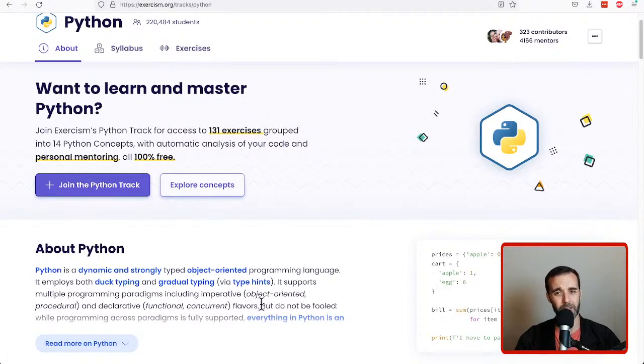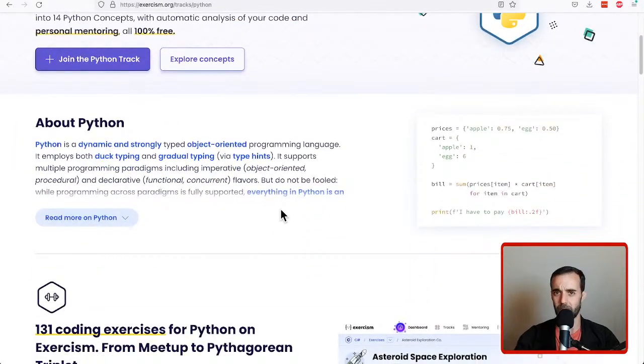What I found about Exercism is that it does a good job of actually explaining what you're doing. It provides links to documentation if you need help. So it doesn't just let you go off on your own completely. There is some expectation that you will have to explore, and that's actually very typical for a programming language. You can't just expect any material to be sufficient for all that you need. Programming languages are usually very rich and have a lot in their ecosystem, and so it's not as easy as just saying, well, I've got the one resource that covers it all, as I'm discovering writing my own book